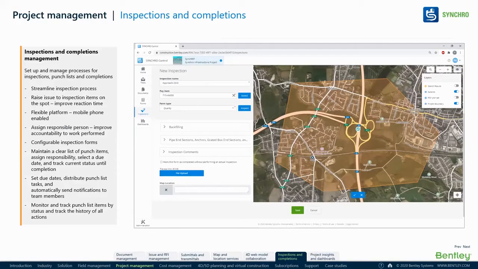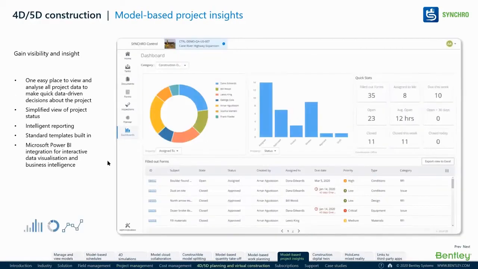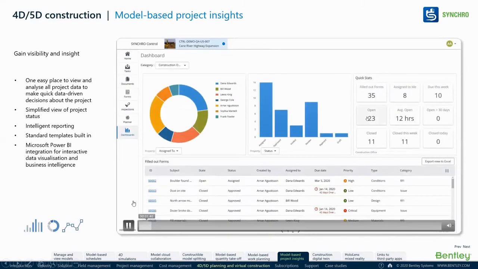You can maintain a clear list of punch items, with due dates, on a flexible platform. You can use a mobile phone on that. And for the other end, I will come to that. We have a project insight and dashboard where whatever issues, RFIs, and daily observation logs have been created, whom they have been attached to, who is responsible, who is accountable, what date they were accountable, when that was due and not been done, everything can become a dashboard format. So I'll show you how to do that.